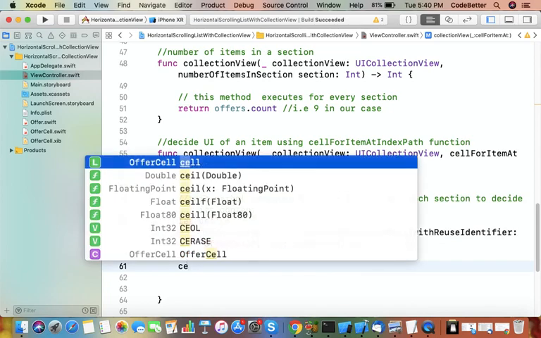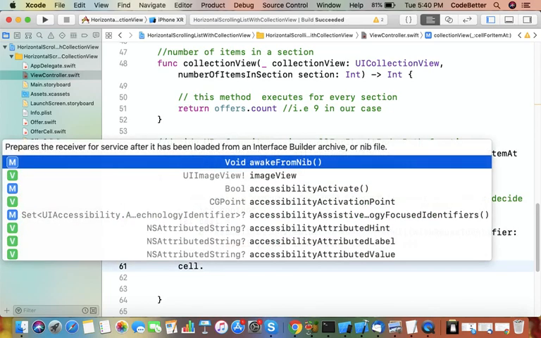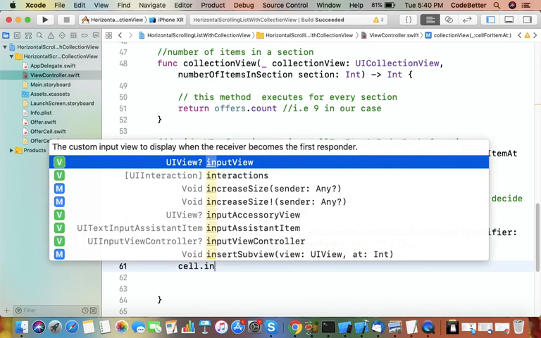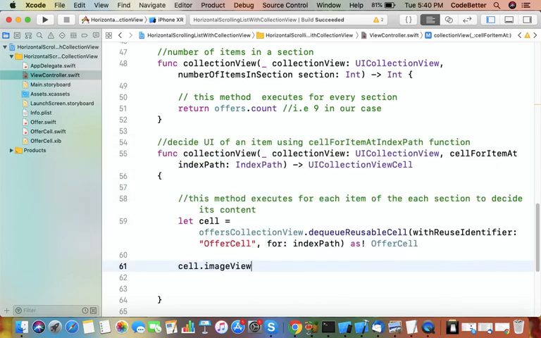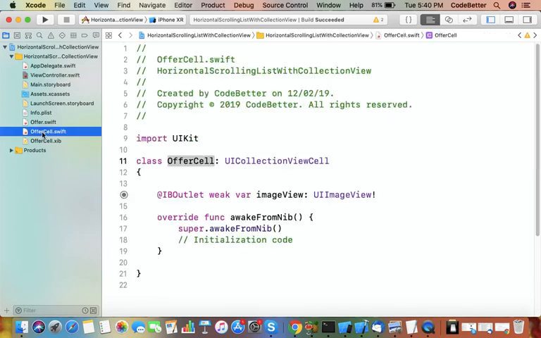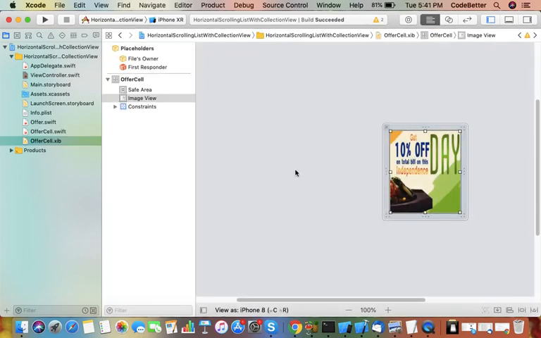Now the cell class object has the reference of the image view. You can go and check: this cell has the reference variable of the image view, yes, and this is the image view that we have put on the cell.